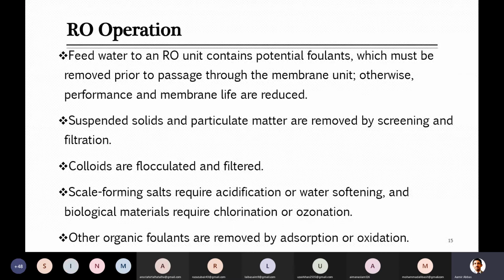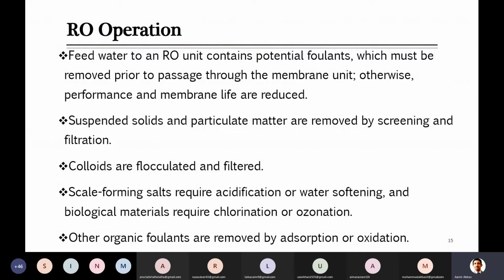So usually we have some preliminary units to remove some of the species before bringing the water to the membrane, so that the membrane has a minimum load. We have minimum pollutants which are removed inside the membrane; maximum we have removed earlier. So if you are using flocculants in the water for removal of suspended solids, then first of all you have to get rid of those flocculants, because these are again chemicals and they also start